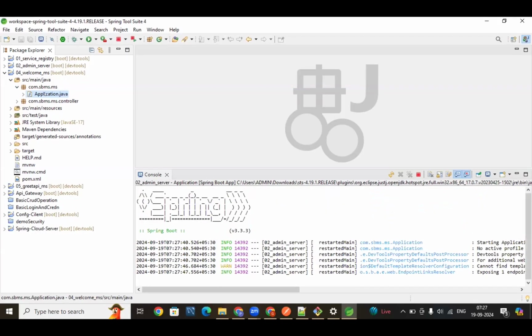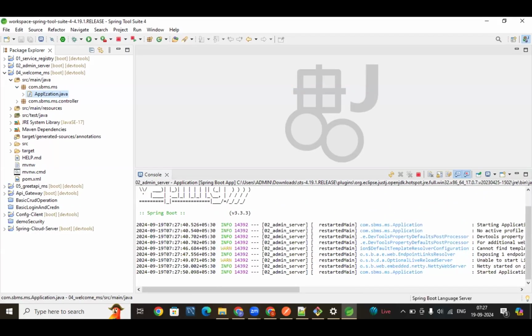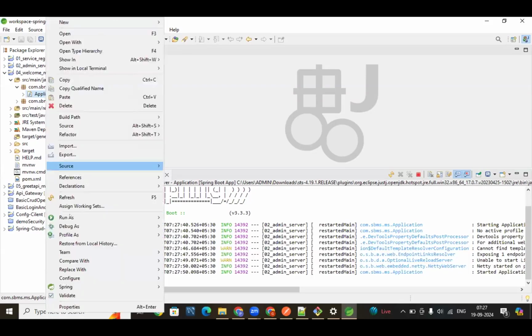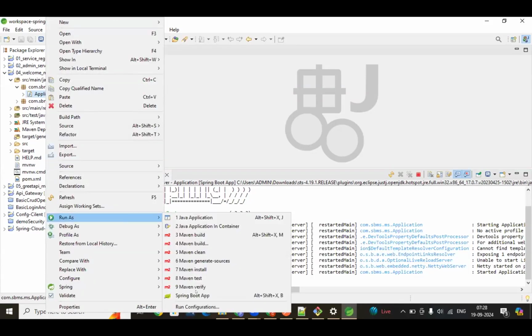It's a bean creation error. It says that the message cannot be... I can't see that. Can you open that class? Okay, wait. I will run the server.